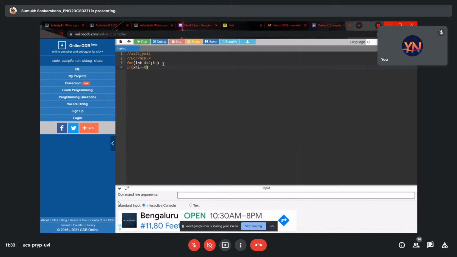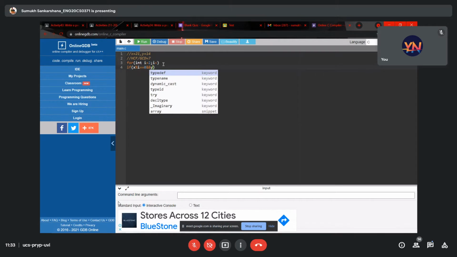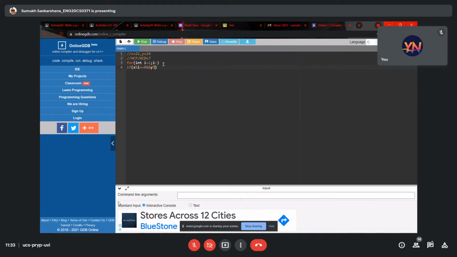And how do we check the HCF of these two numbers? This number should divide both x and y with remainder 0. When we divide x and y by the same number and it gives a remainder 0, then we can say that it's not the HCF, but a common factor of these two numbers. So what we are doing inside this if block is just finding the common factor. Let me write CF for common factor.